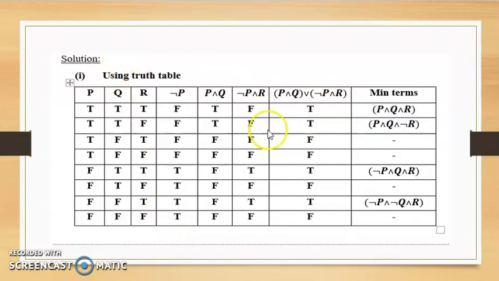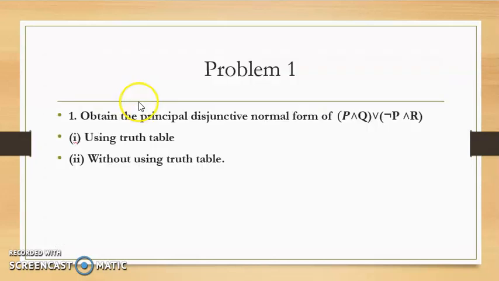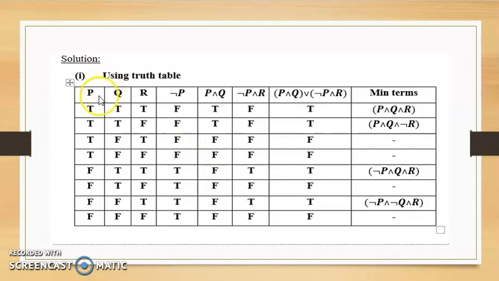So using a truth table, we have P, Q. There are three variables in the question, P, Q and R. Now we write P, Q, R and eight different combinations. True, true, all four true, next all four false. True, true, false, false. In that way we write. Then true, false, like that we will write the R column. And in the problem we want to find not P. So find the negation of P: true means we should write false, and false means we should write true.